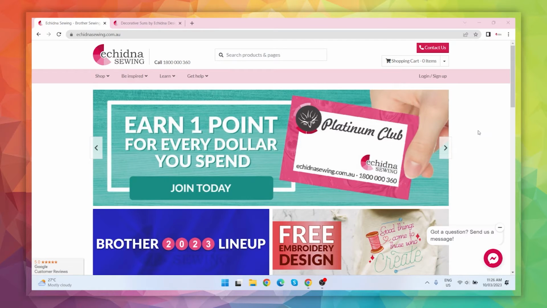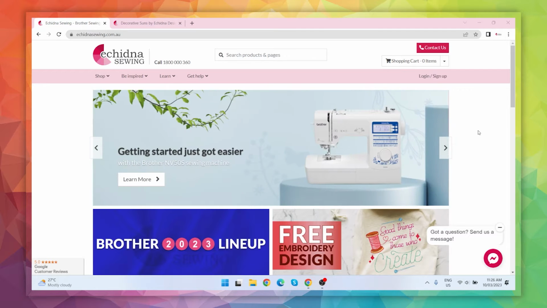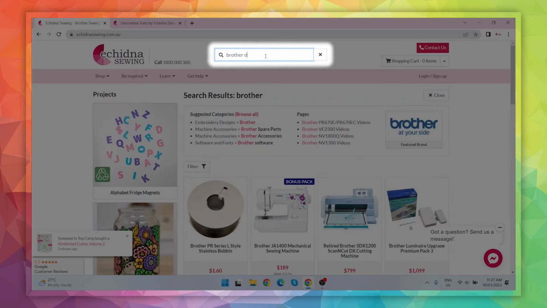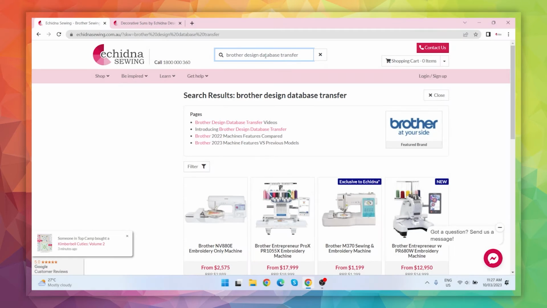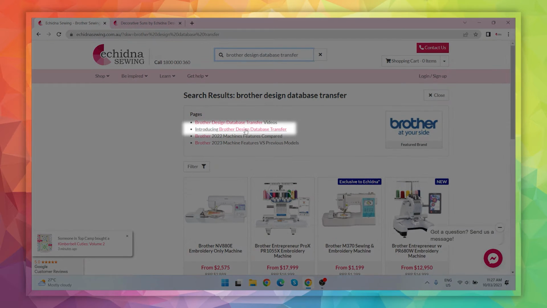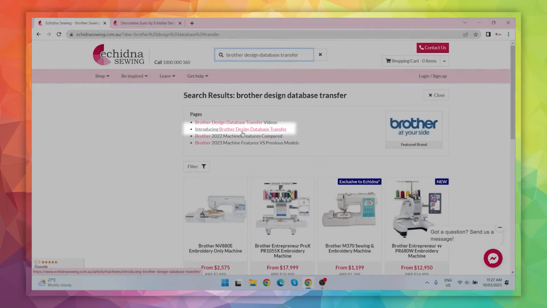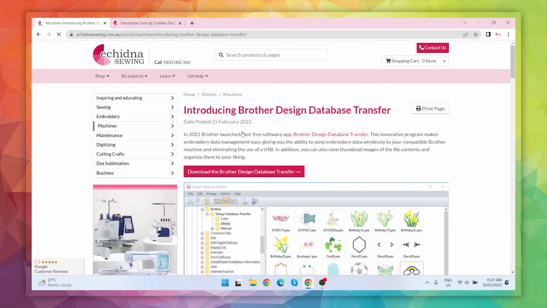If you haven't done it already, the first thing to do is to download the Brother Design Database Transfer app. You can find it on our website. You just need to go into the search bar and search Brother Design Database Transfer. And then it is the second link here, the page. Click on that and it'll take you to an article that we've written about the Brother Design Database Transfer app